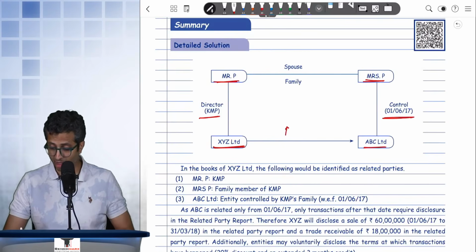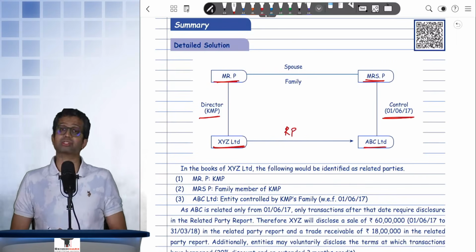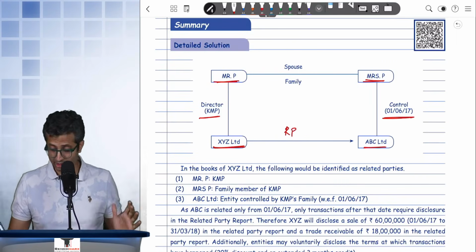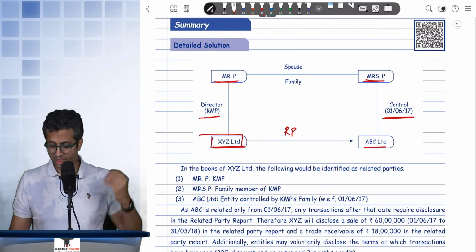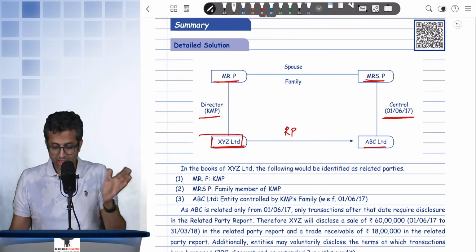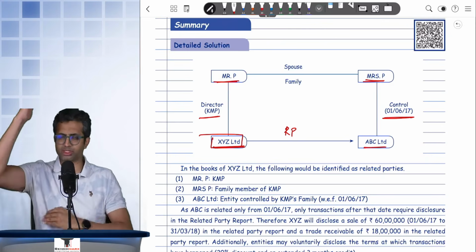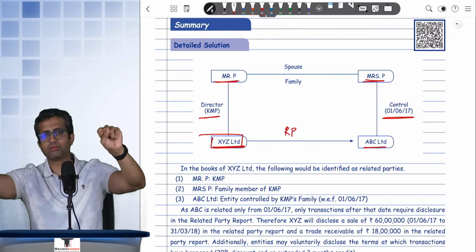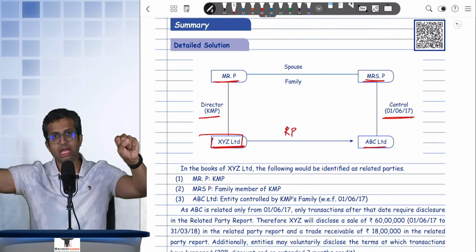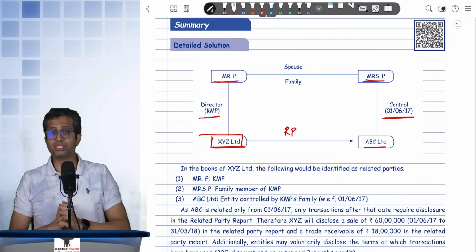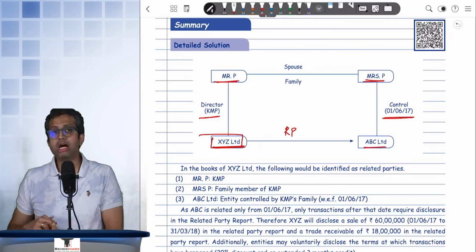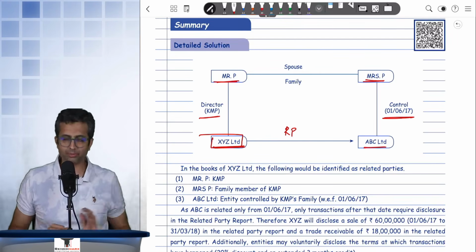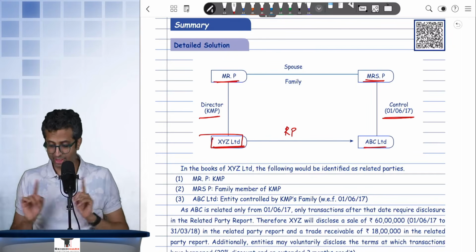Now, is there a related party relationship between XYZ and ABC? Answer is yes. Why? Again, under clause E, let's say if XYZ was a reporting entity, I would have said that for XYZ, there is an eligible person, that is Mr. P, who is a KMP, and his family member, that is Mrs. P, is having control over ABC. So ABC is an entity over which the close family member of my KMP has control,